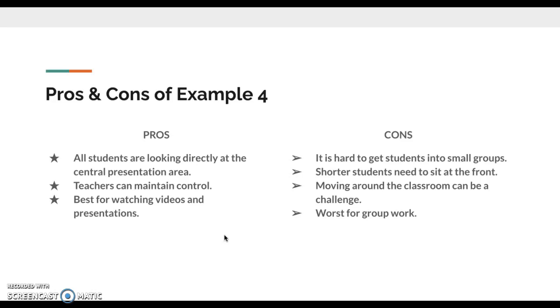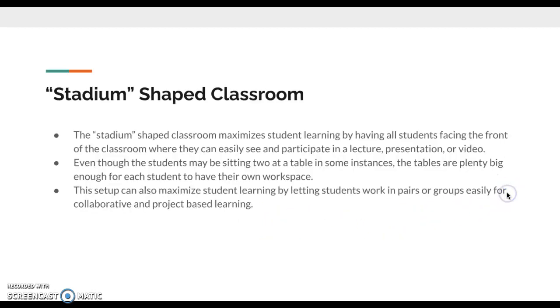Shorter students need to sit at the front so that others can see. Moving around the classroom can be a challenge, and it is worse for group work. The stadium-shaped classroom maximizes student learning by having all students facing the front of the classroom where they can easily see